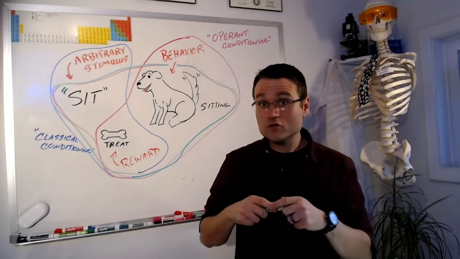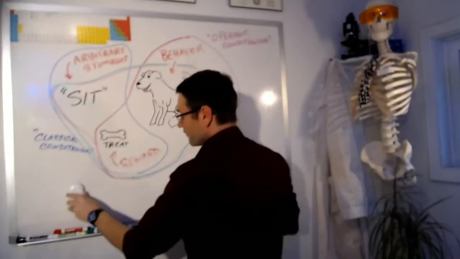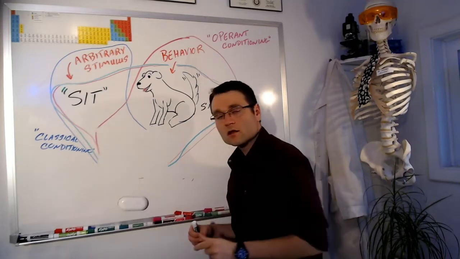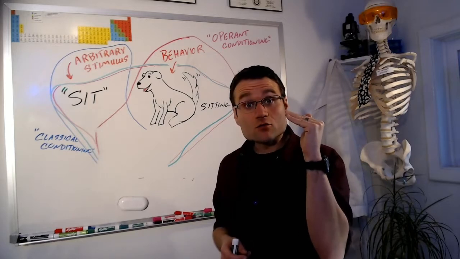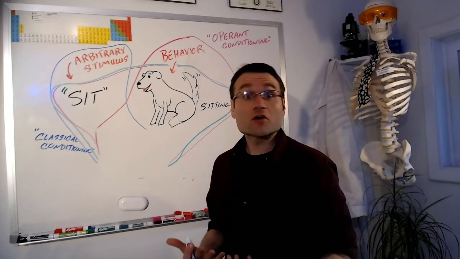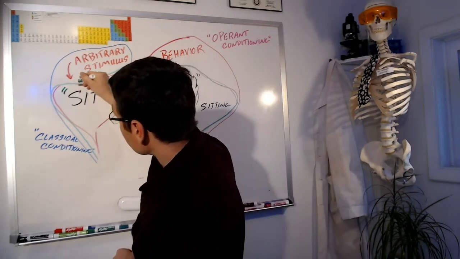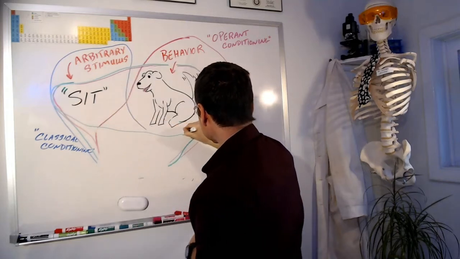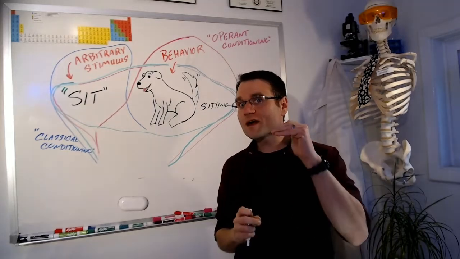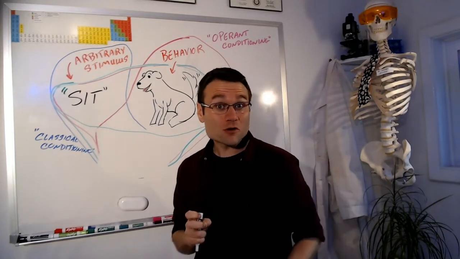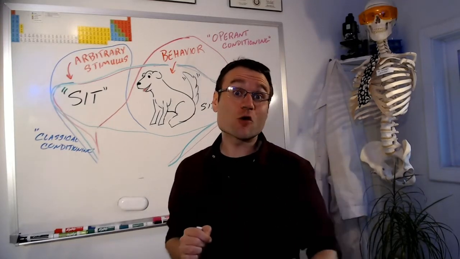Now eventually, once you've gotten all these things locked in together, you can actually remove the treat. Just like with classical conditioning, with Pavlov's dog, you had the situation where you rang the bell and the dog still started salivating as a result, even in the absence of the actual meat powder. The dog will learn to pair this sit command with the behavior of sitting. Now, eventually, dogs might stop responding if you do not reward them. You wouldn't keep showing up to work if you weren't being paid. But that's due to another form of learned behavior.